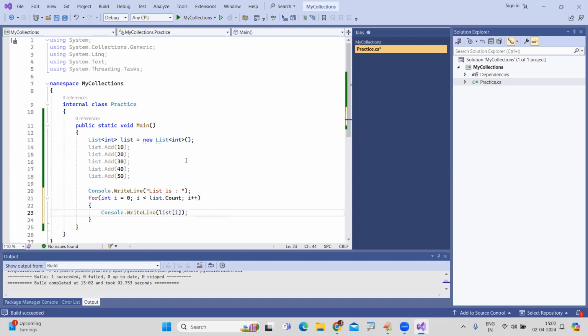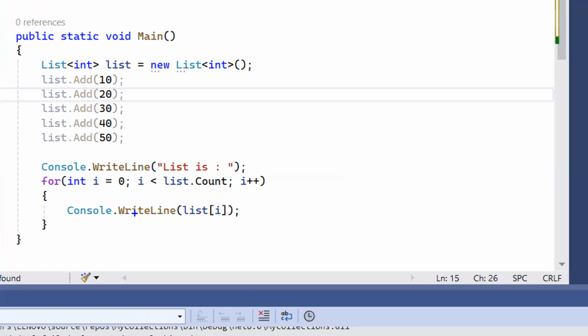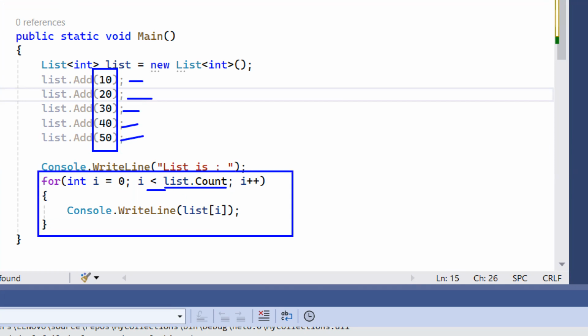List of i. See here how the code gets executed. First, in total how many elements? 5 elements are there, so list dot Count is 5. But less than 5 means what? Up to 4 will repeat, because index starts with 0, 1, 2, 3, 4. So 0 to 4 we repeat. We are accessing every time